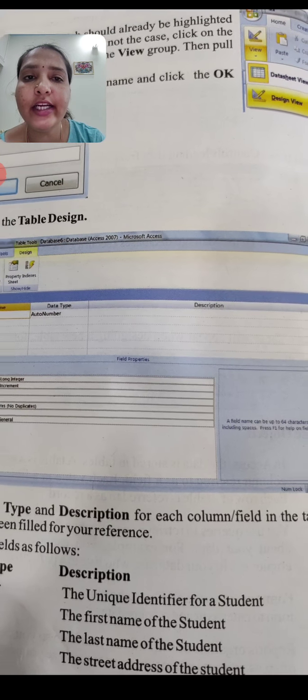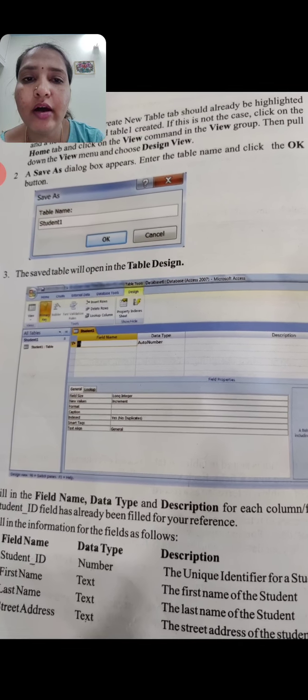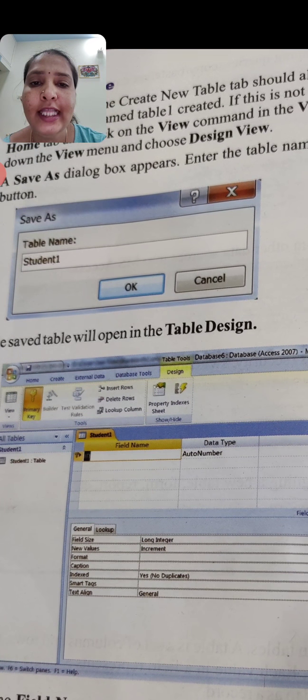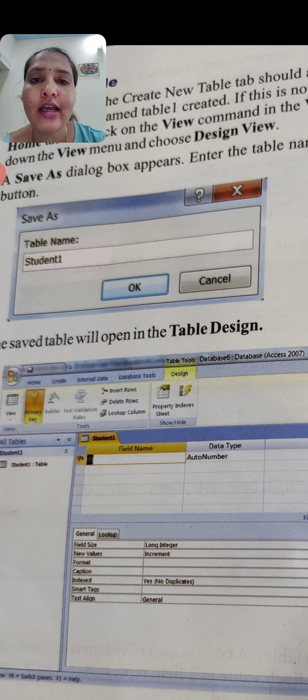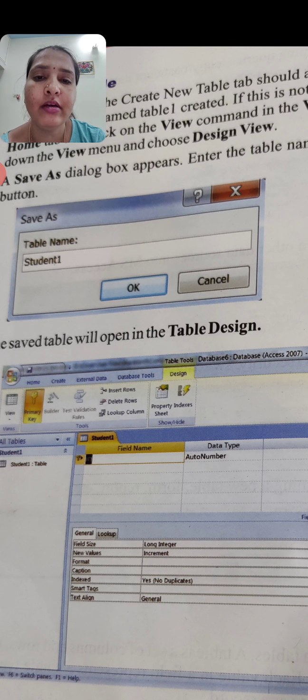Once we click on Design, this box will open, that is Save As. In that they have asked for the table name. Below the table name there is a bar. In that we have to write Student1, that is the table name. You can give any name to the table.